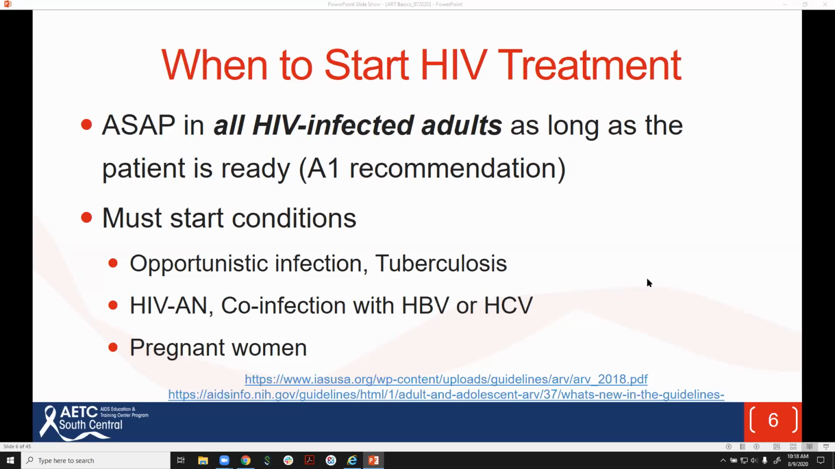And so what does as soon as possible mean? We'll talk a little bit about that, but really it's the patient needs to be ready, right? So sometimes us as clinicians are ready before the patient is, but we will